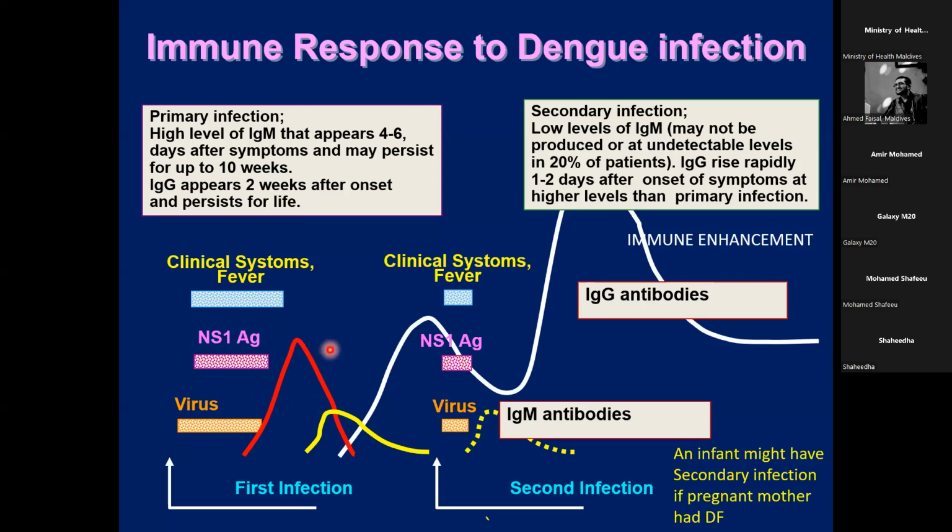If you see the IgM, same thing, IgM starts rising a little bit after some time. So you can see the IgM in yellow here. And the second time, the IgM may not be there even. And IgG, of course, comes late in the first infection, but IgG may be early in the second one. Another important thing is if the mother had dengue, the newborn might already have these IgGs. So the way they present is also different. So it's very important to know the difference between primary and secondary infection when you interpret the results of NS1